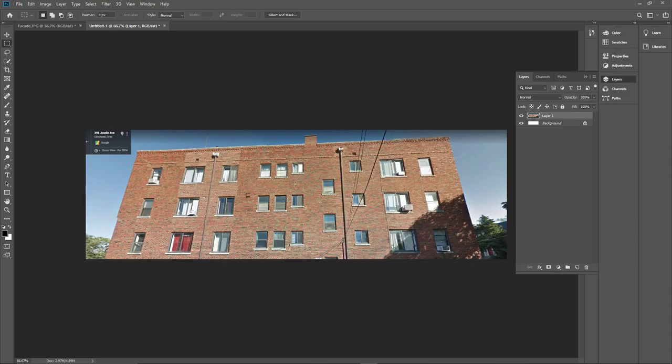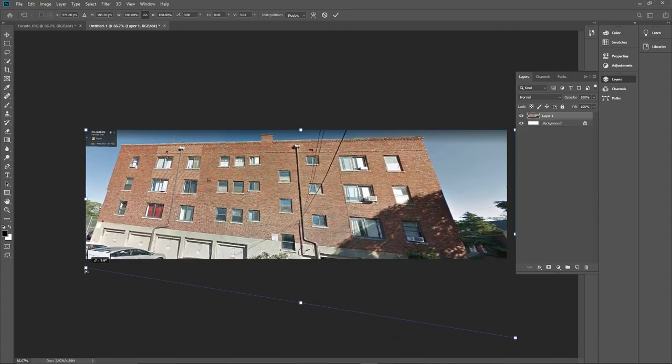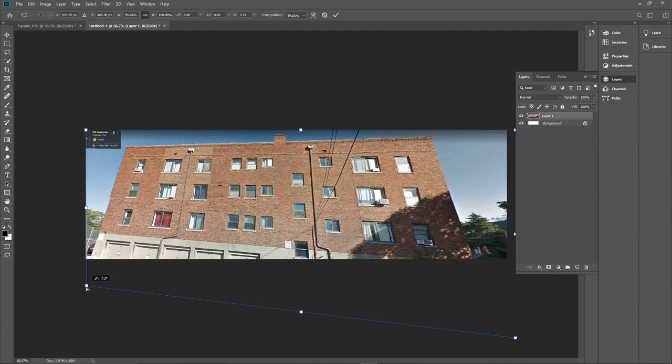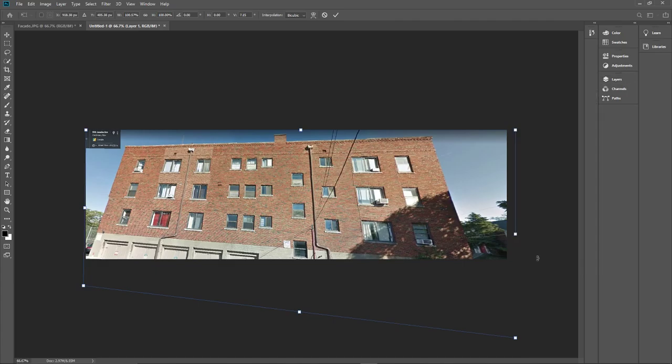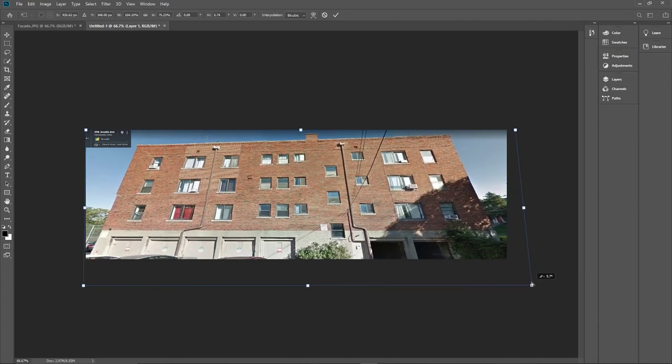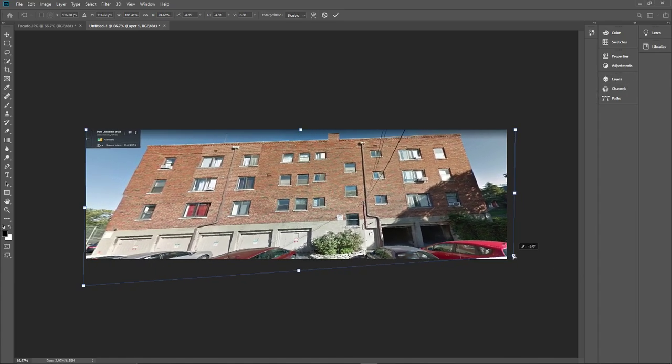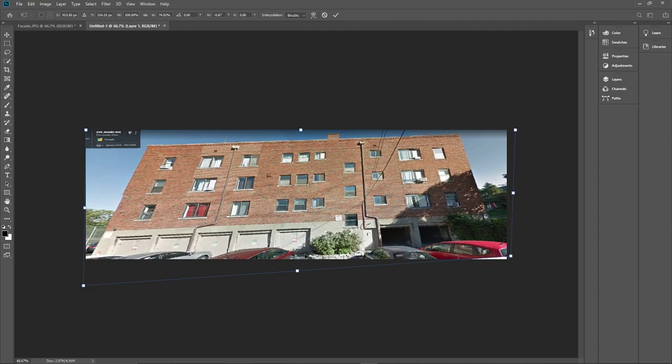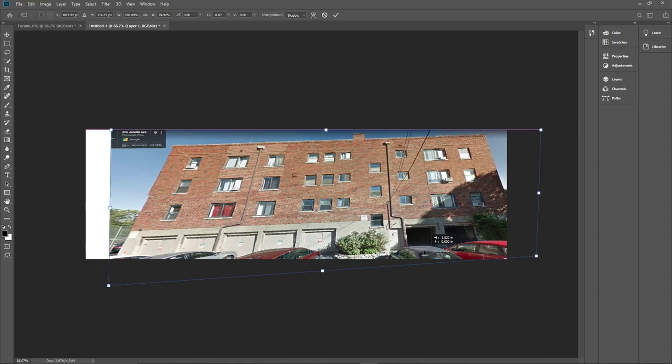Now, as you can see, it is skewed. I'm going to hit Control T for transform. I'm going to hold down my Control button and transform this with the grips on the end. So I'm going to do that. Let me close the layer here. I'm going to bring this over here. And I know where the bottom of this garage is, which is the bottom of the building. So I'm going to approximately follow that